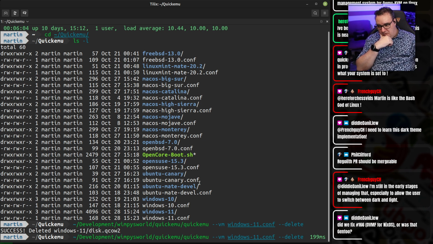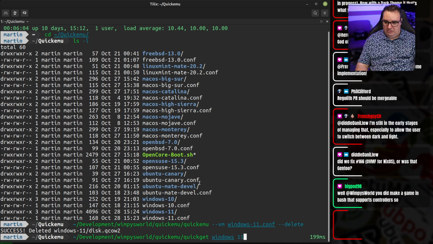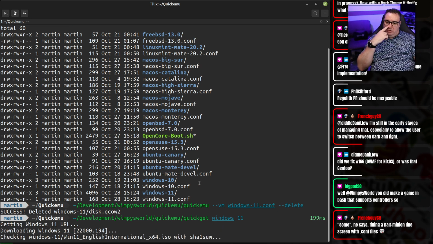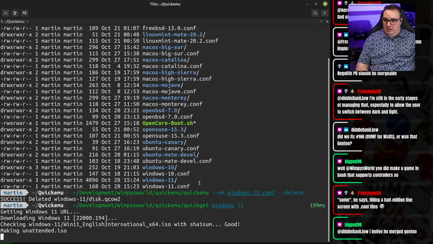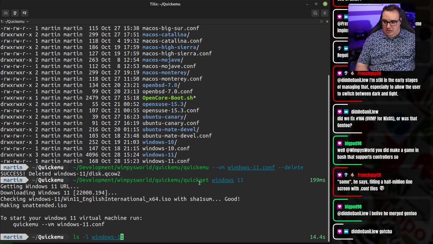Okay, and we'll just run quickget Windows 11 and see that we've got the current version, and that all still works. Oh, there's a new release. No, it's not. It's the same release. That's fine. So we've got the same release. We've just trashed the disk. This is rebuilding the unattended stuff. So if we take a look inside here,